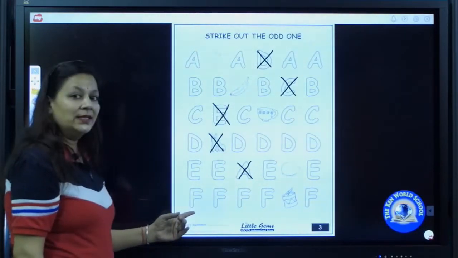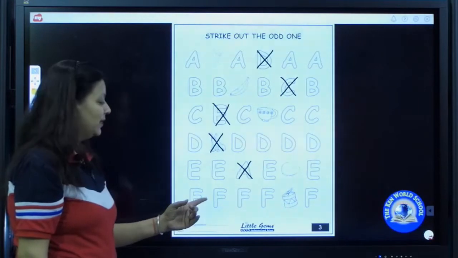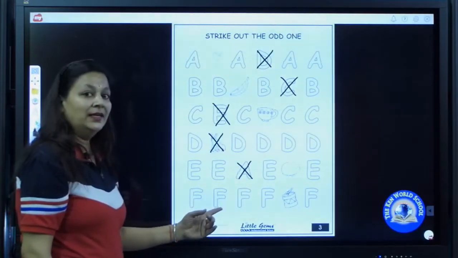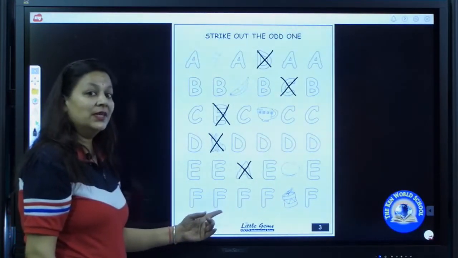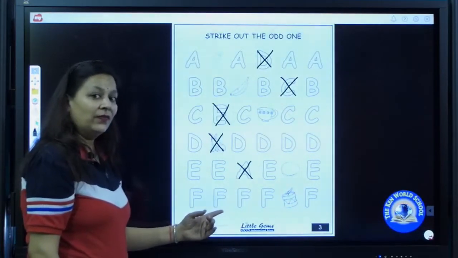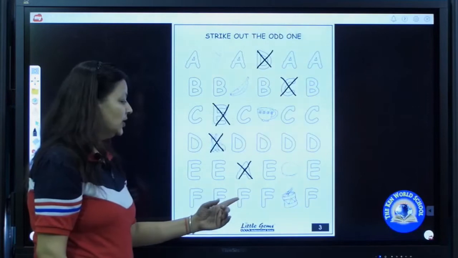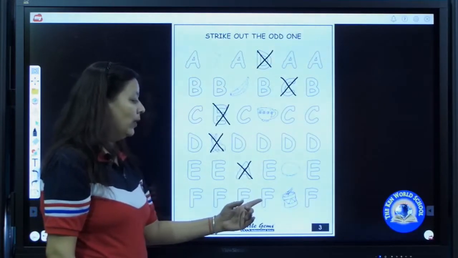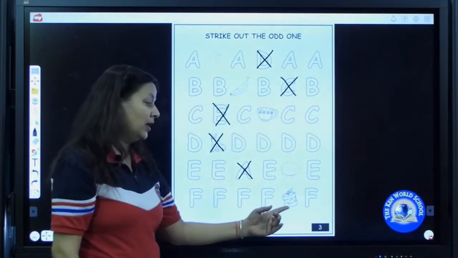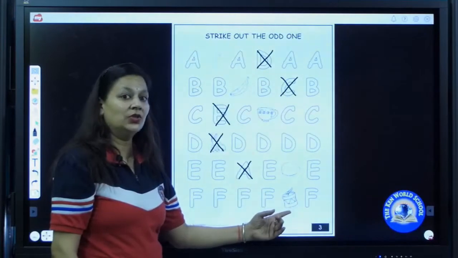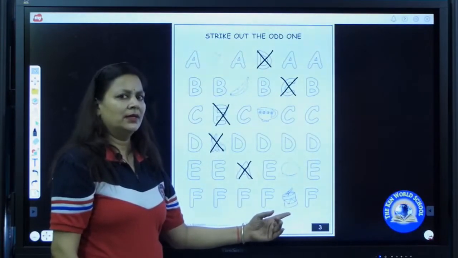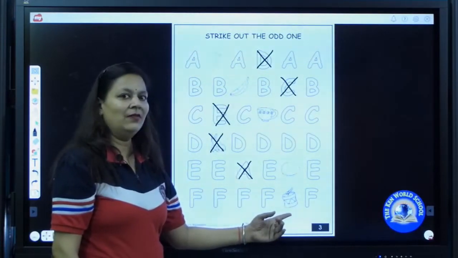Which letter is this? F. Again it's F. F says /f/ as in fish. Again F. One more F. Now which picture is this? Drum. Does drum start with letter F?